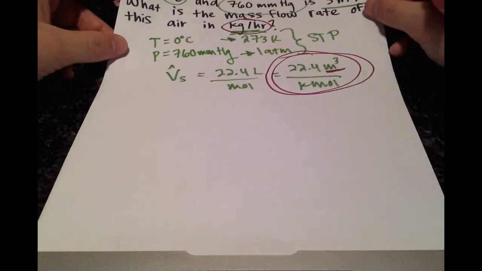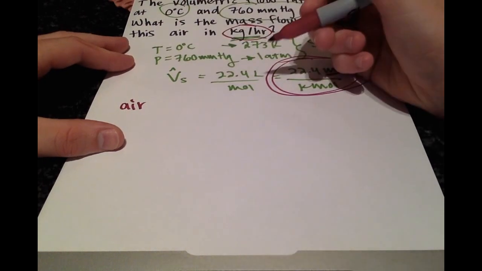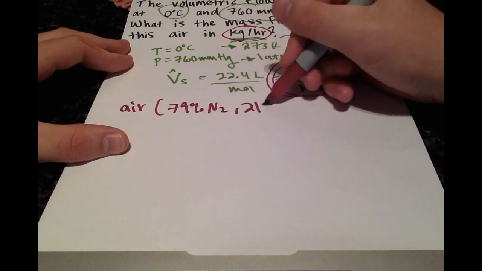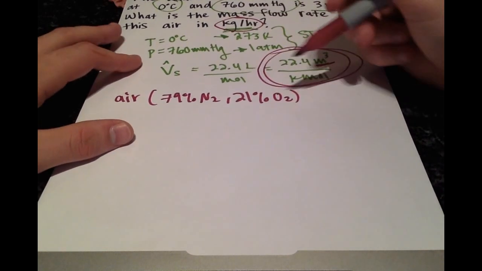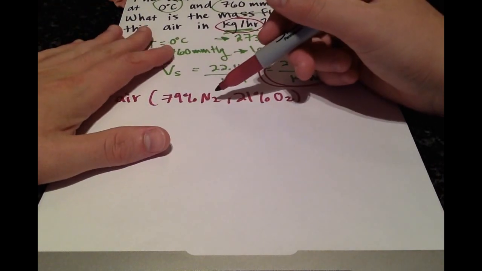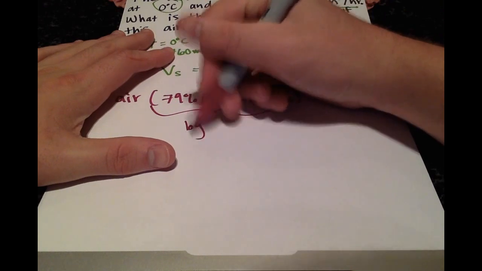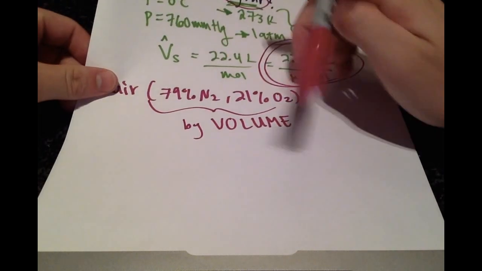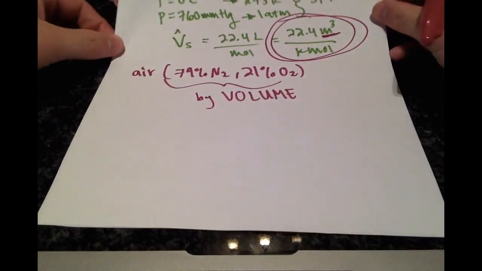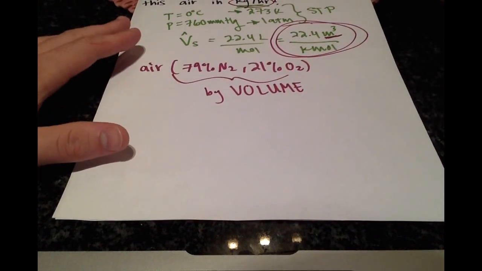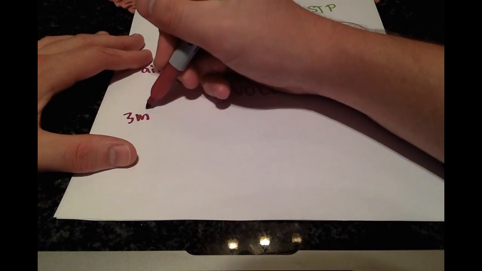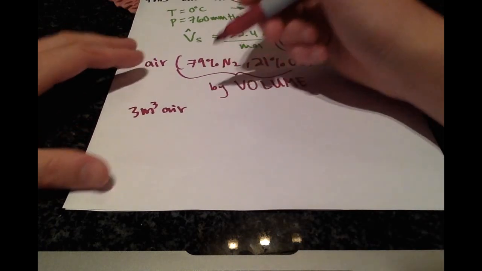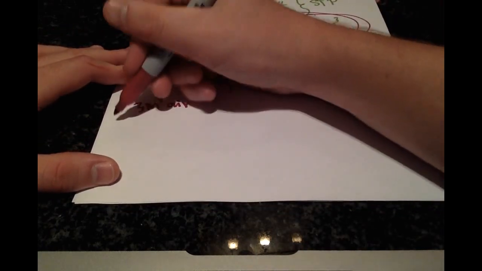And when going from volume to mass, we need to break this air down into its components. So we know that it's 79% nitrogen and 21% oxygen. But one important detail when breaking down air is this percentage is by volume. So whenever we break up air into its components, we must break it down from the volume. We can't do it at the mass stage because this would not be correct. So thankfully we have the flow rate of air in the volumetric flow rate. So 3 meters cubed of air, we can now break that down into its components, which are